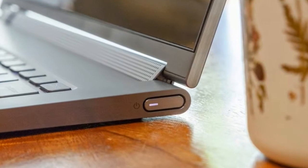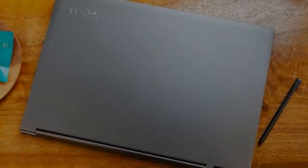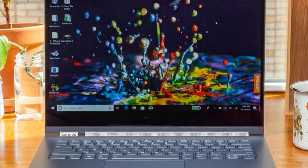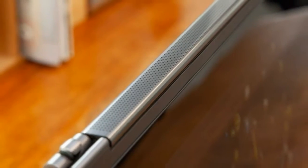Iterative in the best sense of the word, it introduces a pen garage on its hindquarters that hides your stylus from the world when you're not doodling or jotting down notes. What's more, the hinge is the speaker on the Yoga C930, thus audio flows naturally in any one of the laptop's 4 distinct modes. Overall, it offers a smattering of outward improvements worthy of our praise, even if it doesn't